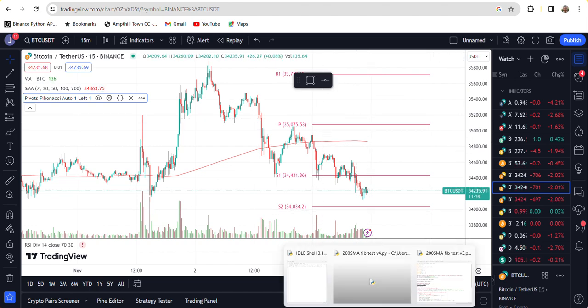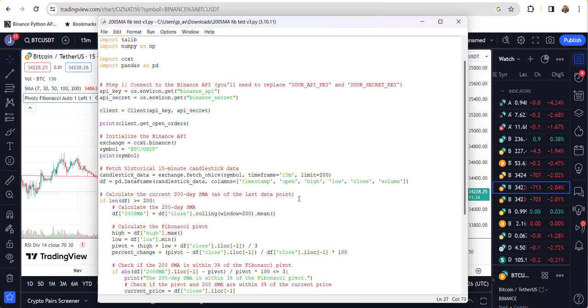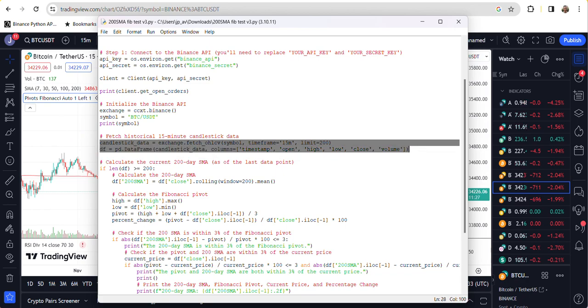If I head back to my code, we've got various bits in here on how we would do this, and in this case I've used a 15-minute time frame. You can change that by changing the value here. Then that's the 200 SMA, which we'll leave as it is at the moment.